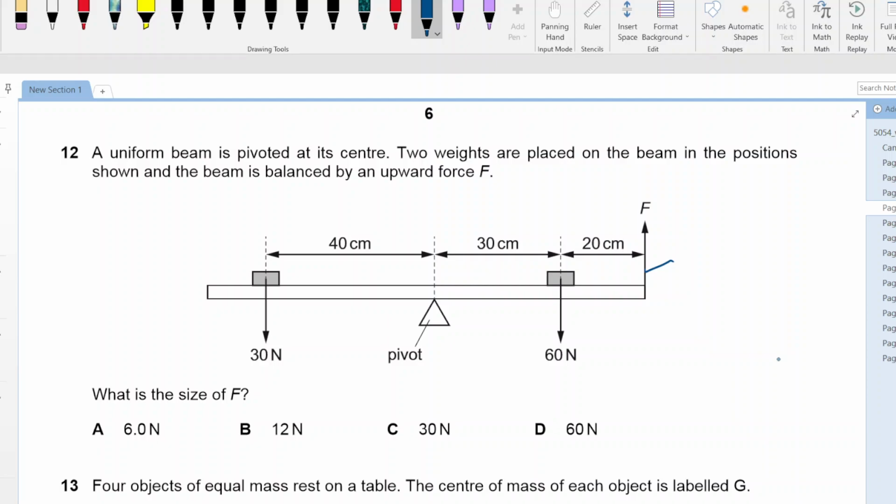Taking the moment about the pivot, this 60 Newton, therefore 60 into 30, this is clockwise moment, and this F will produce anti-clockwise moment, F into 50,